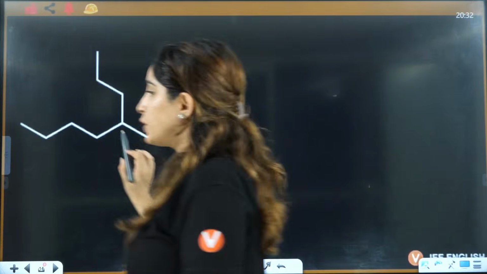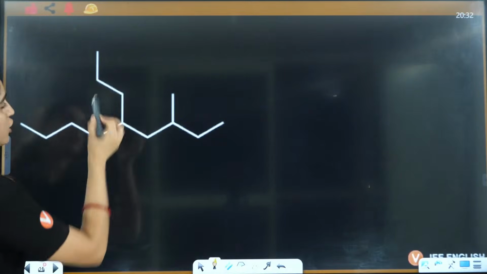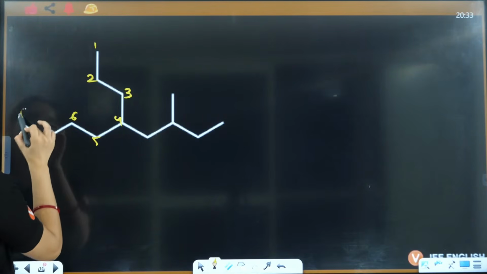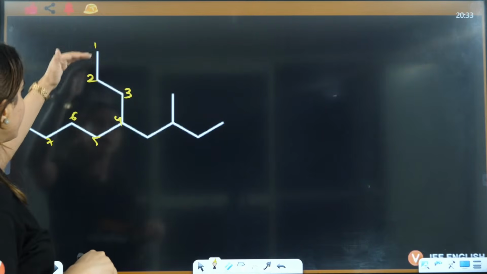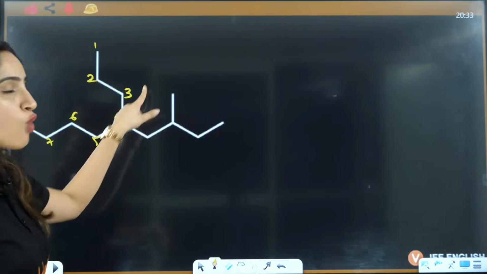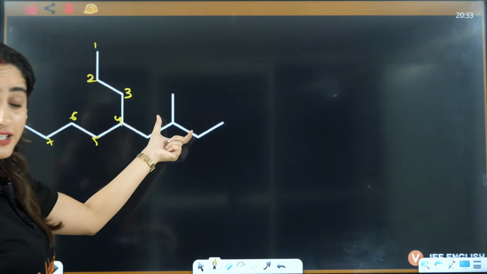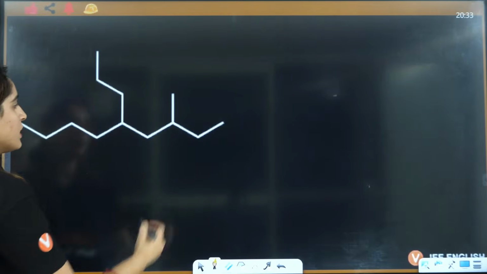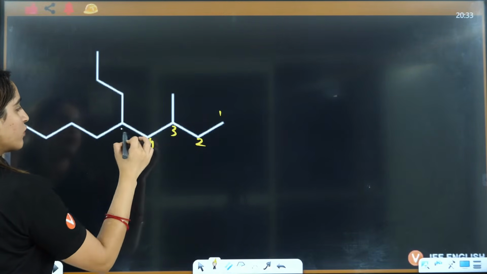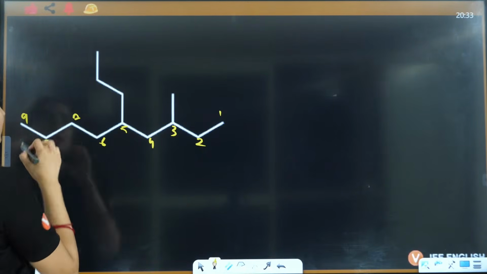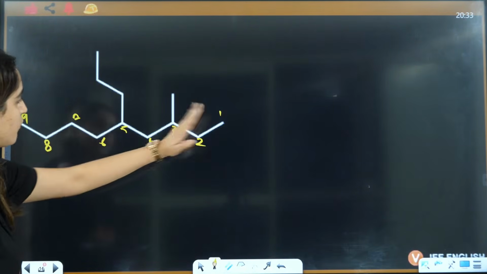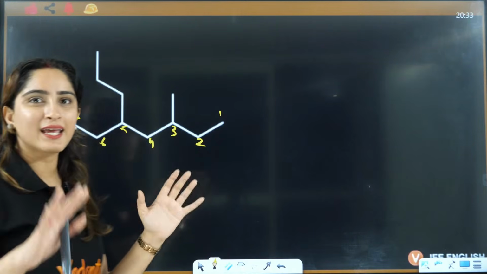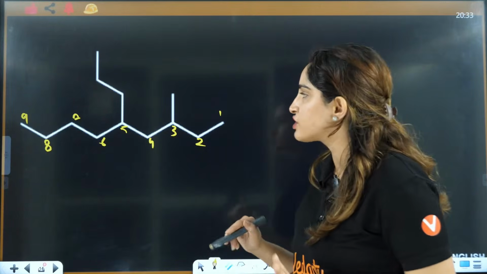So, now let's see this here. You have to predict the longest chain here. Longest chain will be 1, 2, 3, 4, 5, 6, 7, 8. This will be 8 membered. But now this complex will be there. It is not having a simple name. We need to have some simple chain then. So what we will do? If I write 1, 2, 3, 4, 5, 6, 7, 8, 9. Wow, here we have 9. So 9 is the maximum longest chain possible.